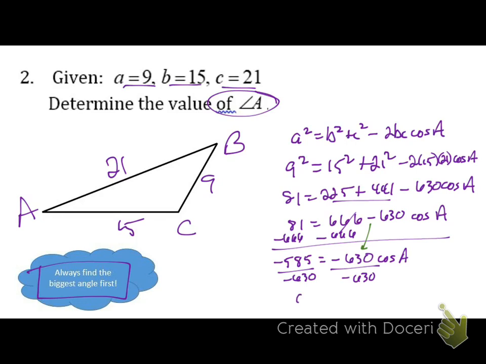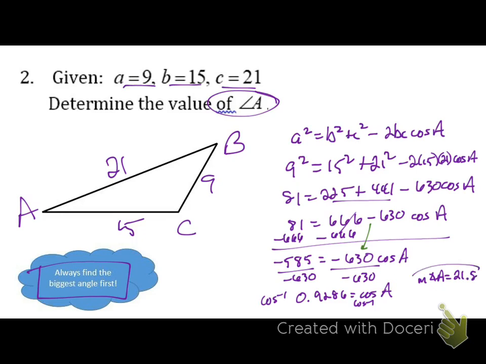And so we get 0.9286 equals cosine of A. And we look at that, and that decimal is definitely the weirdest angle we've ever seen, which tells us that it's not an angle, and so we have to remember to inverse cosine here. So if we inverse cosine that value, then the measure of angle A ends up being